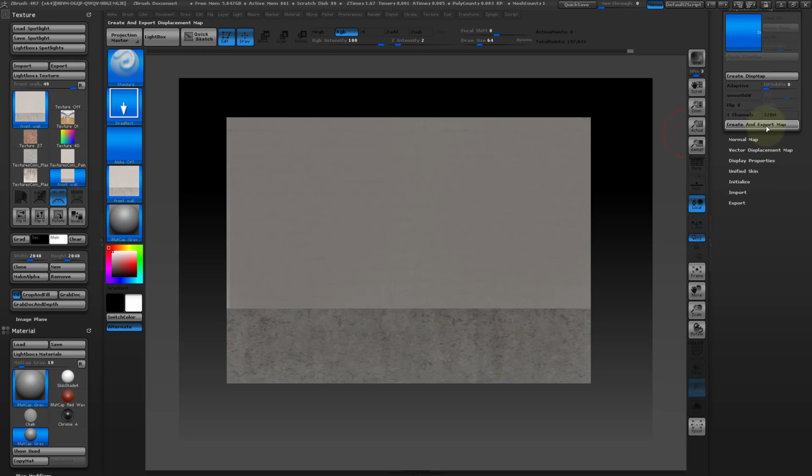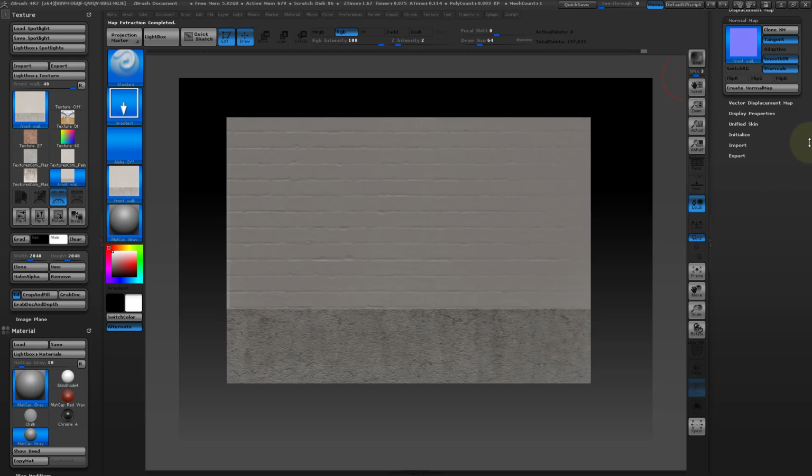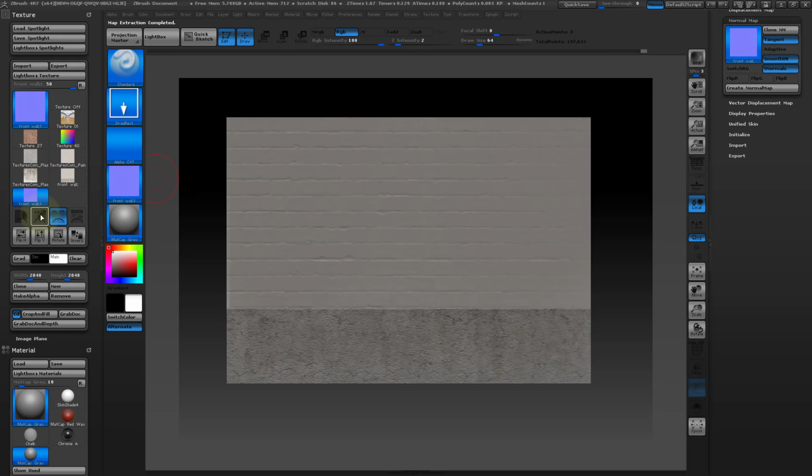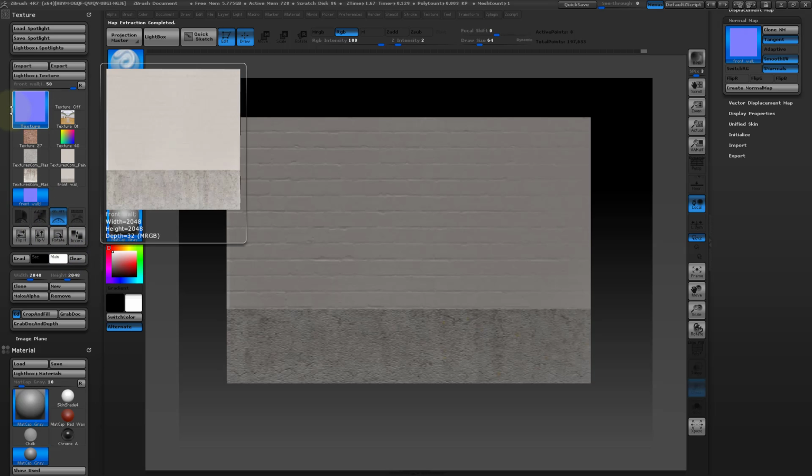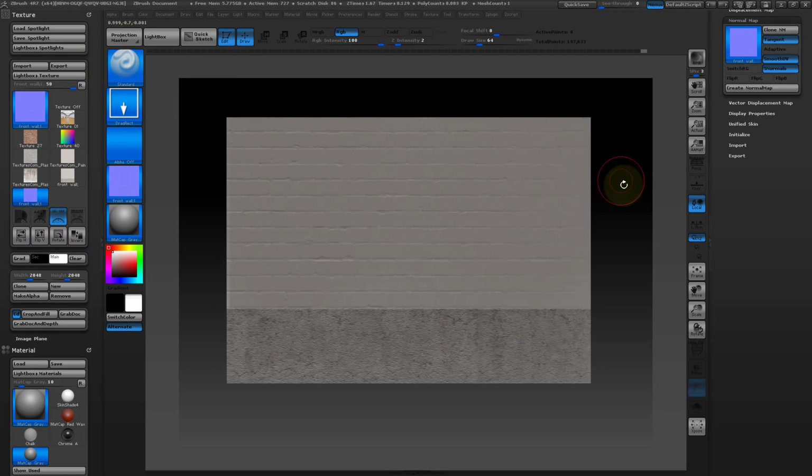Now I can go to displacement, create and export. We just want to create a displacement, clone it, do exactly the same thing. And same thing goes to the normals. Just want to press that, clone it, go over here, flip it, and send that over. And that's it. And then with that, in about 15 minutes, I showed you how to texture some more complex texturing workflow in